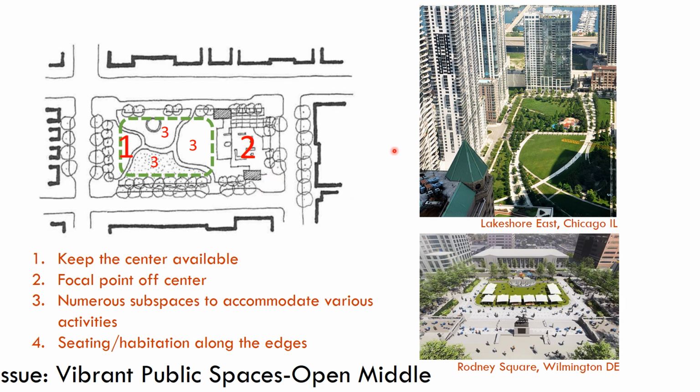And then we have this idea of, what do we do with these spaces? There are many great examples of spaces like this throughout history that give us some tried and true examples. And what you find is often the same basic pattern. There are hundreds and hundreds of variations, but the idea is to keep an open middle. So here we have a public space that takes up a whole block surrounded by buildings and streets. But the middle of it is pretty much open. It's subdivided into separate sub areas where there might be things going on, and then has trees all around it to define this open area.